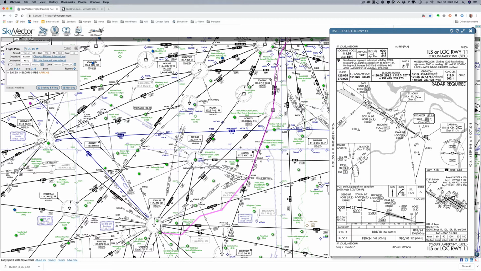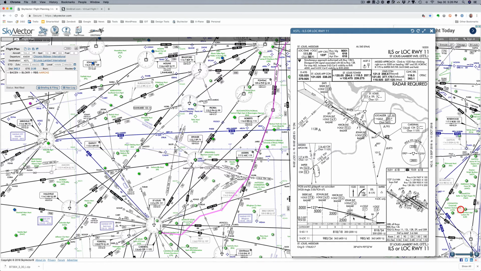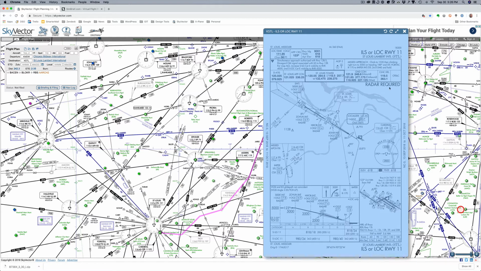The altitude that we want to be at is 5,000 feet, although it looks like we're going to be intercepting the localizer and glide slope at about 2,500. And the other thing I want to do is make sure I've got my, I'm not sure what happened there, why it's blue. Anyway,